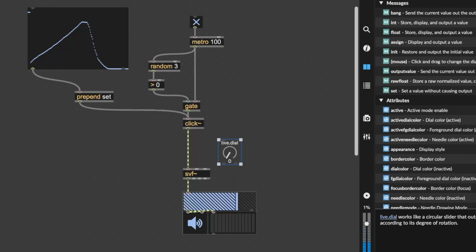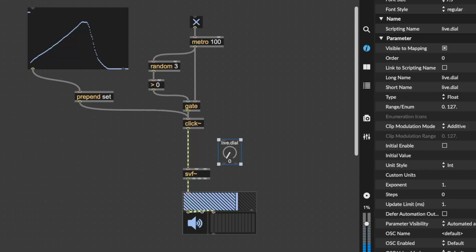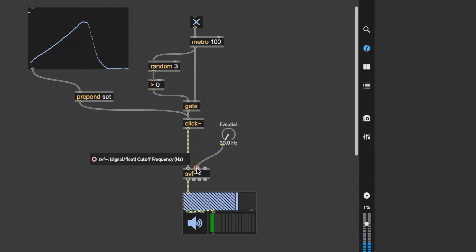Now in my dial, I will need to change its range. I'm going to set the range here. Instead of the default, I'll set it from 30 to, let's say, 4,000. And I want to set my unit style to frequency. So now we can see our hertz. We can go into the cutoff, and now